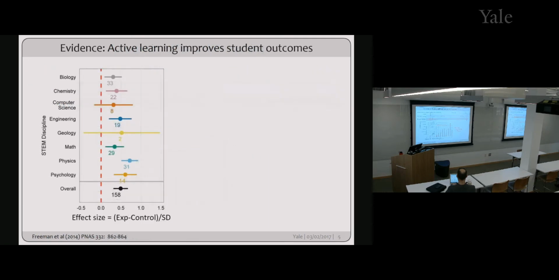This is not the only study on these types of approaches. There's a meta-analysis a couple of years ago by Scott Freeman and colleagues at the University of Washington. Out of about 160 studies across STEM disciplines, they found about a 0.5 effect size for students in active learning sections or courses compared to the more classic instructional method, though those are defined slightly differently by different studies. But essentially there's an overall effectiveness across many studies.